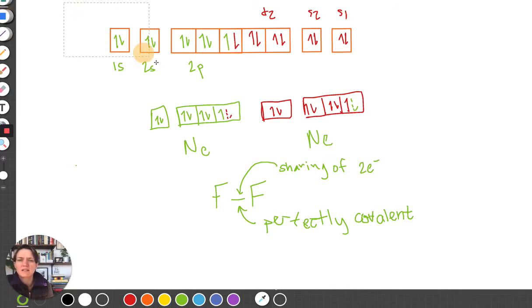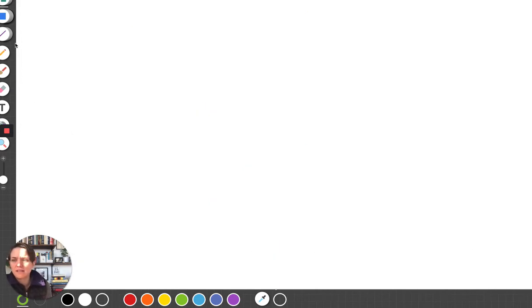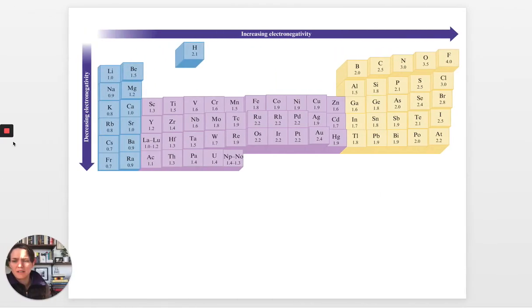So let's talk about what a polar covalent bond looks like. And let's use an example that we've used 1,000 times in this class. That would be our water molecule. And actually, I'm going to go ahead and go back over here. Okay, so our water molecule